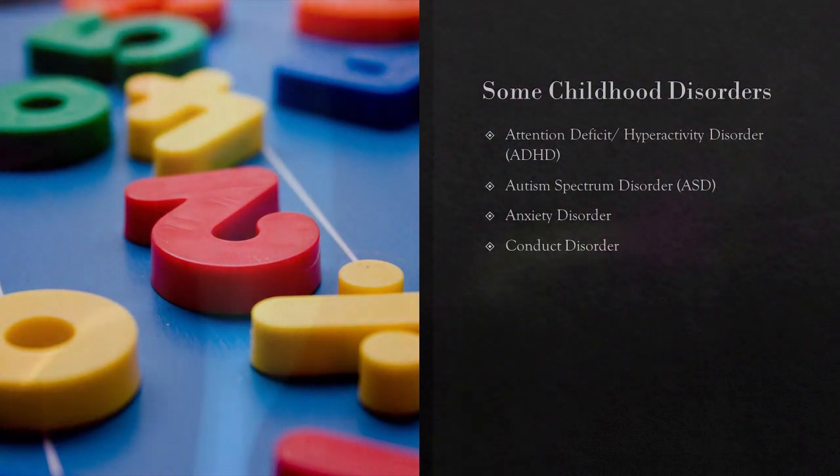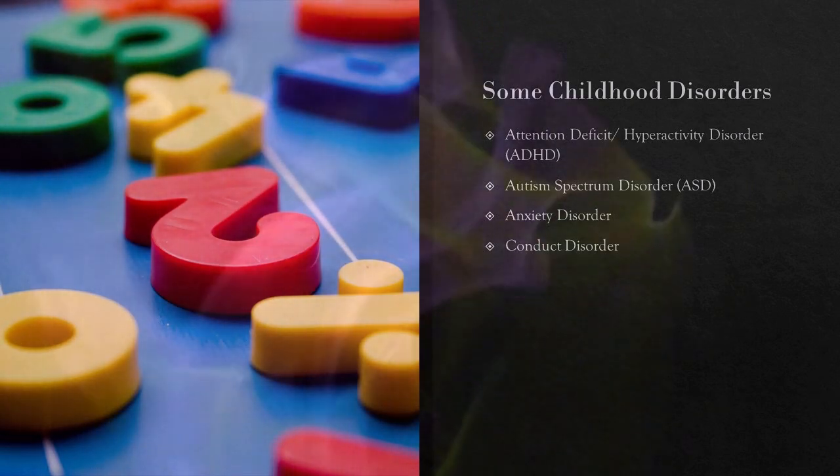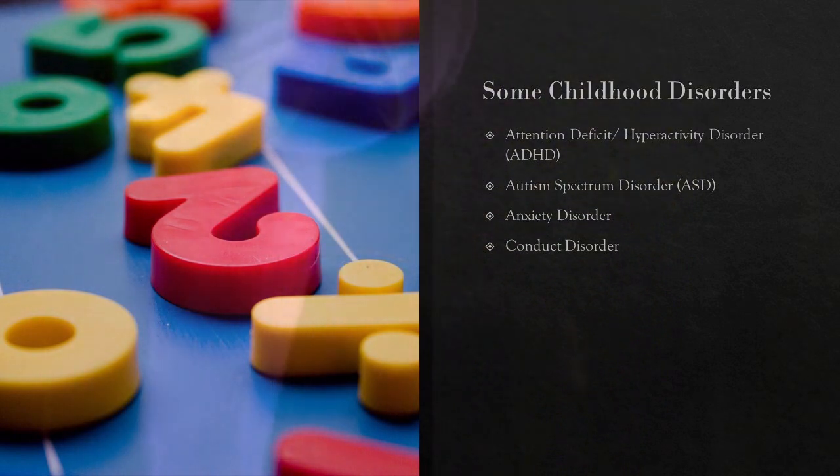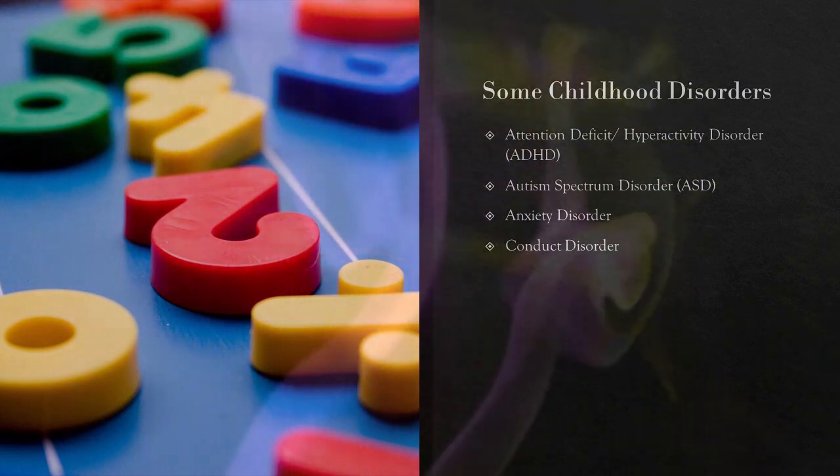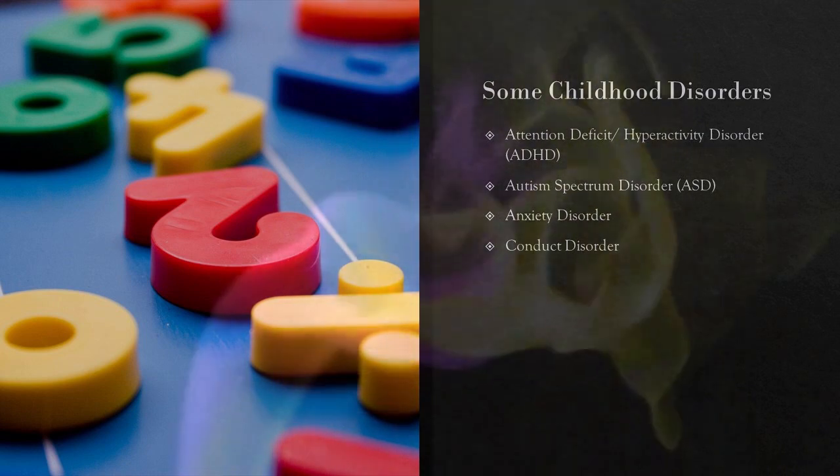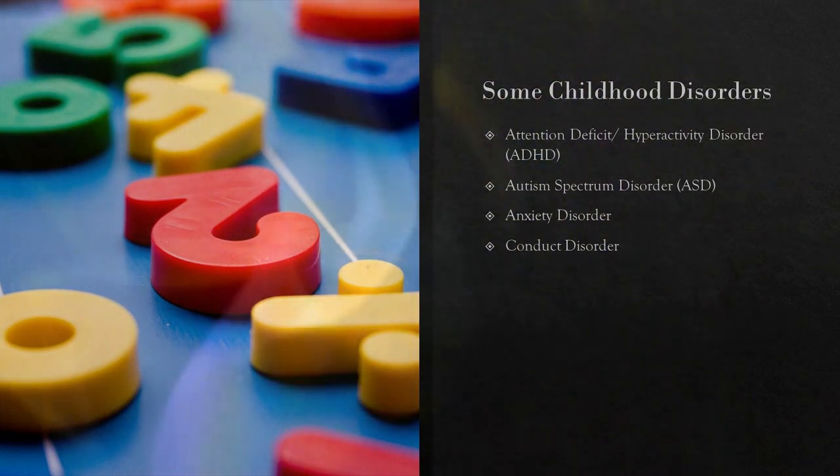So let's start off. The first one that we're going to start with is what's called ADHD, and I'm sure you know what that is. That's attention deficit hyperactivity disorder, and that's characterized by persistent patterns of inattention and hyperactivity and a lot of impulsivity that can significantly impact a child's daily function. And so we'll look at the etiology of ADHD. We'll consider the genetic predisposition and environmental influences that contribute to this.